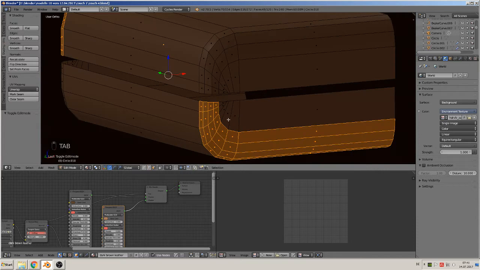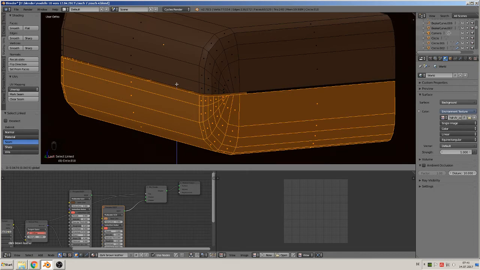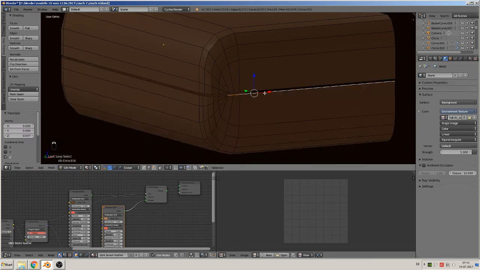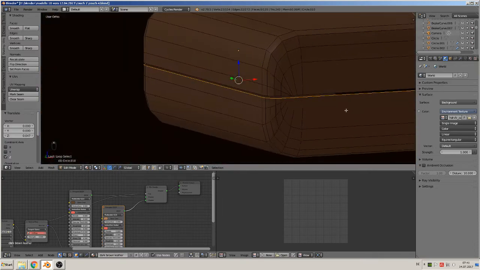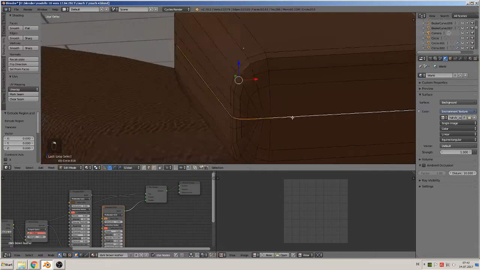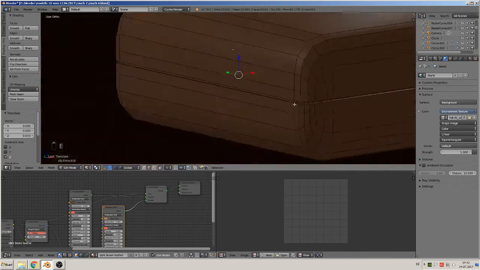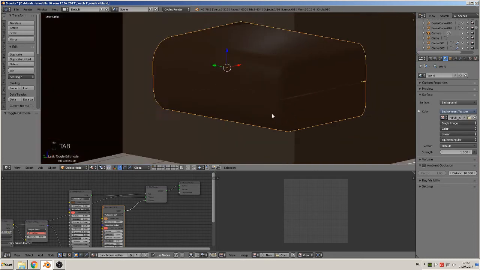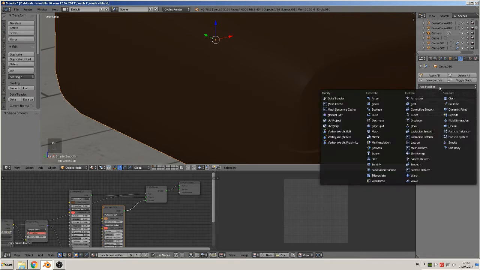Then we want only a little one. So L to select, bring it up. Then we get the top line, and extrude, scale, and extrude up. Okay, that's done. And you see that the mesh isn't really good, so we smooth that. Then we take there a